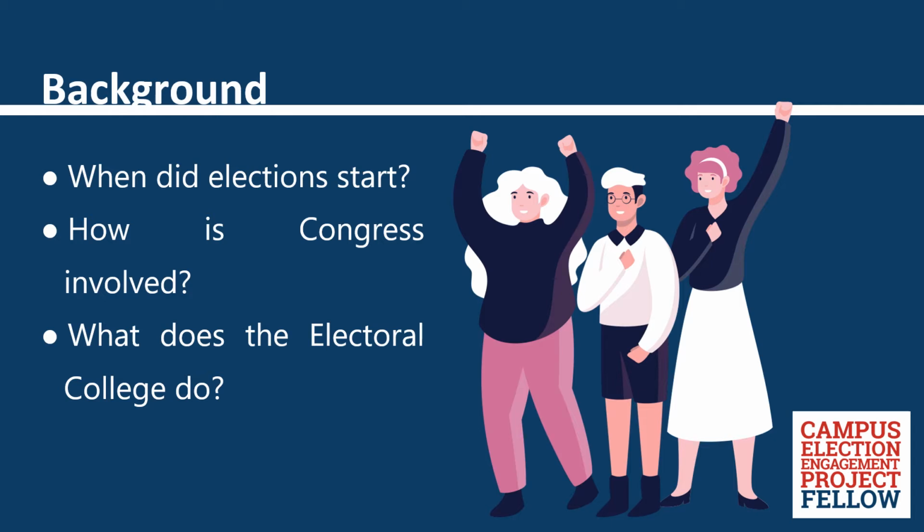Electors allocated to each state and the District of Columbia are a direct representation of states' numbers of senators and representatives in Congress. Every fourth year or presidential year, on the first Tuesday after the first Monday in November, electors from the party with the most popular votes are elected as that party's candidates. This type of winner-take-all system occurs in every state except Maine and Nebraska. These two states allocate their electors proportionally.